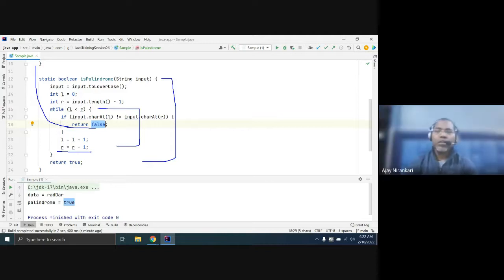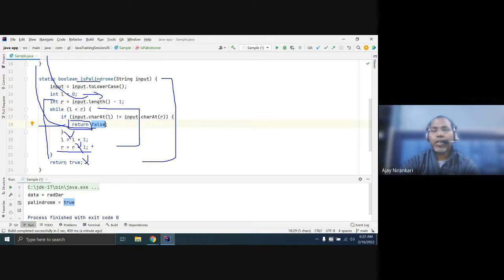Please note, whenever you are writing the return keyword inside your method, that means you just return out from the method itself, from where this line executes. After that, no line will be executed.